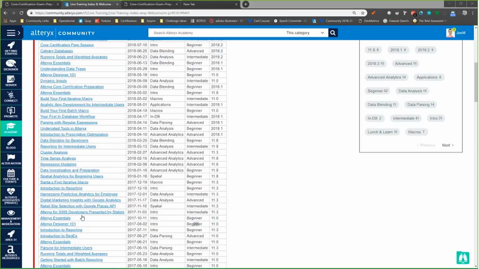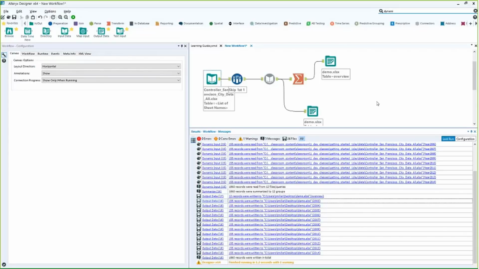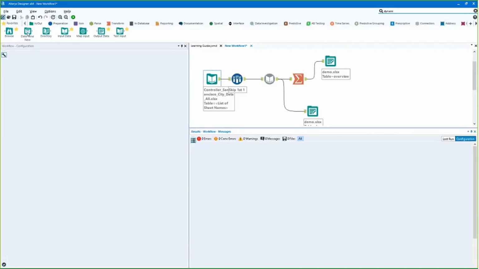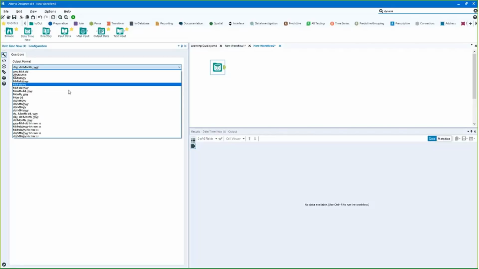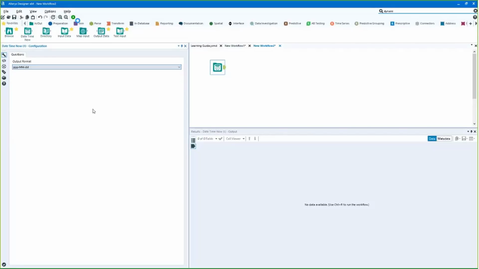The question that came through says, let's say I have a folder of 10 Excel files for 10 years, 1 file per year, but I would like to upload the file for the current year. Is that possible? Absolutely. It depends on a number of ways you'd like to approach it. But one tool that I'll point you to that's really easy, and this is totally a bonus question, is this Date Time Now tool. What it's going to do is return the date of today. So I could come in here and run that and say, hey, it's